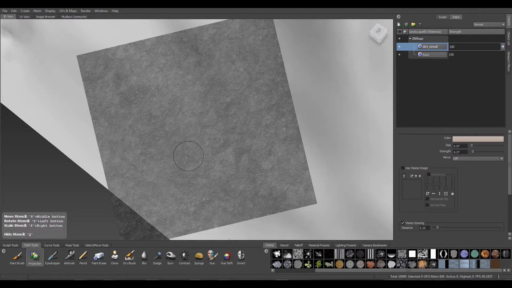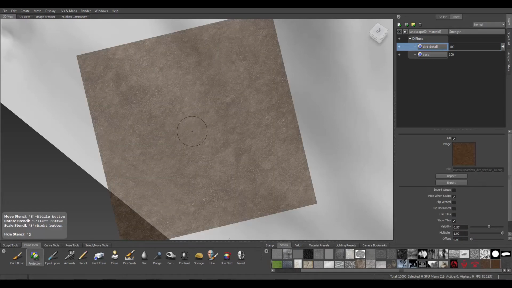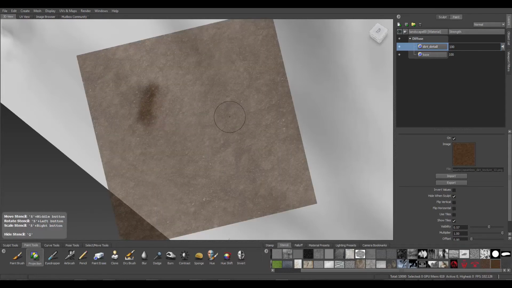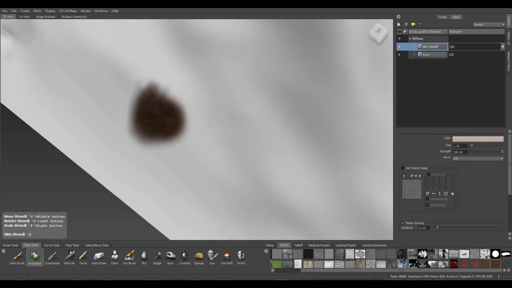But I'm going to use this texture. I'm going to go to the stencil, and I'm going to select my dirt texture, my 2K one. And it's turned brown now. And I'm going to use this texture as a kind of dirt detail of sorts. And I'm going to go ahead and increase the strength of my brush drastically here. Give myself quite a bit more oomph. I think I'm actually going to go click on the projection and manually bring up my strength to about 100% here. Bring up my brush size using the B key, and I'm just going to go ahead and start to paint